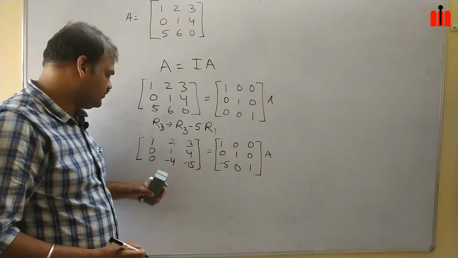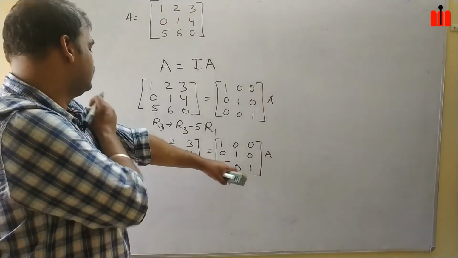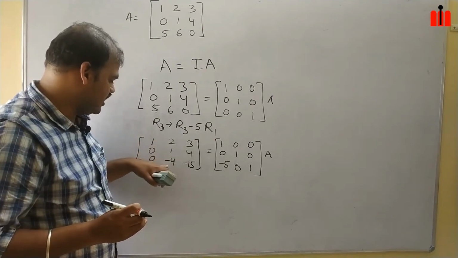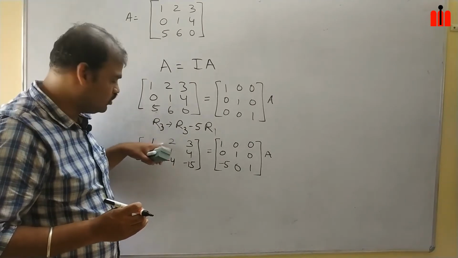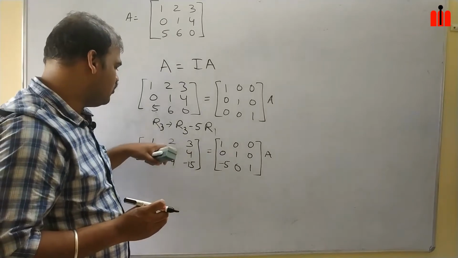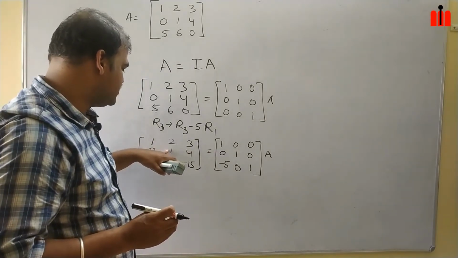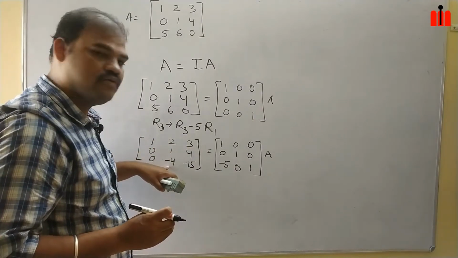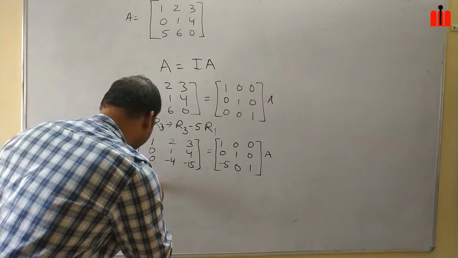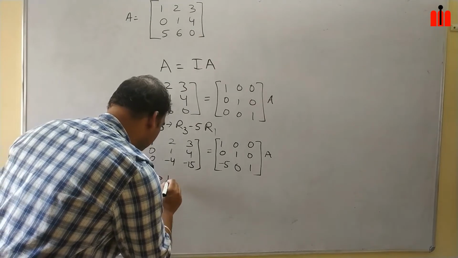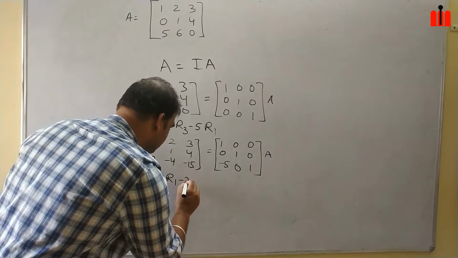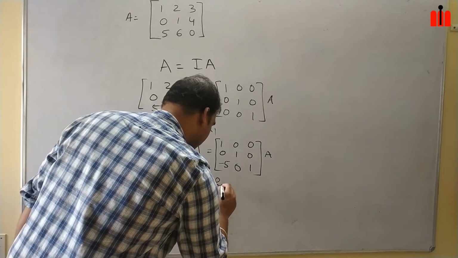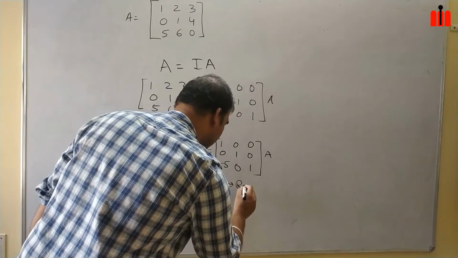Now by taking this 1, we have to make this element as 0 and this element as 0. Both the elements we have to make 0. So how it will become 0? If you multiply this with 2 and subtract over here, multiply with this 4 and add over here. So my next operations will be R1 tends to R1 minus 2R2 and R3 tends to R3 plus